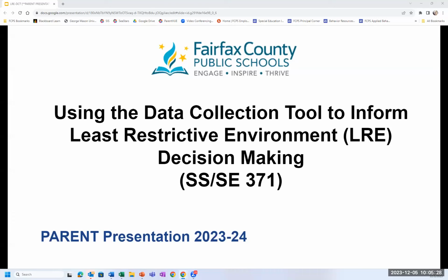Next, I'm going to introduce the LRE data collection tool, and we will examine those essential LRE factors and key questions related to LRE, as well as take a look at examples of data sources that can be used to develop responses. Along the way, I'm going to highlight components of each section and cover some frequently asked questions.